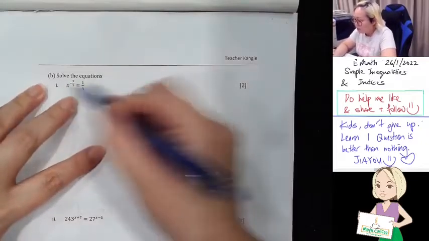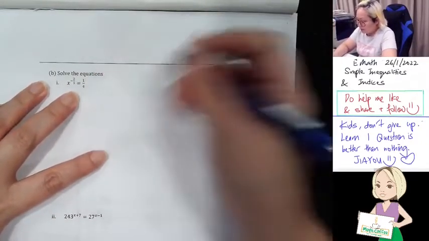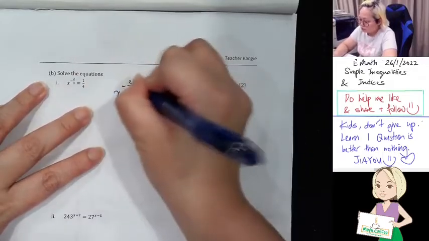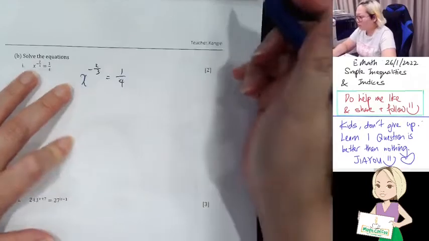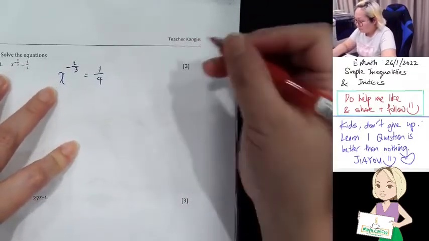So this one, solve equation. Okay, so I'm going to do what? Okay, this one is a tricky one. I'm going to write here, x to the power of minus 2/3 is equals to 1 over 4. So I'm going to teach you a trick, okay? So, see, if I have